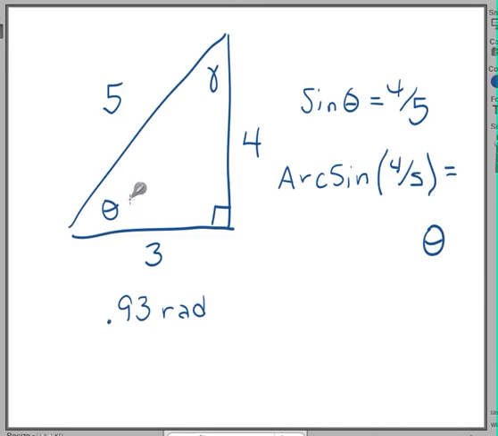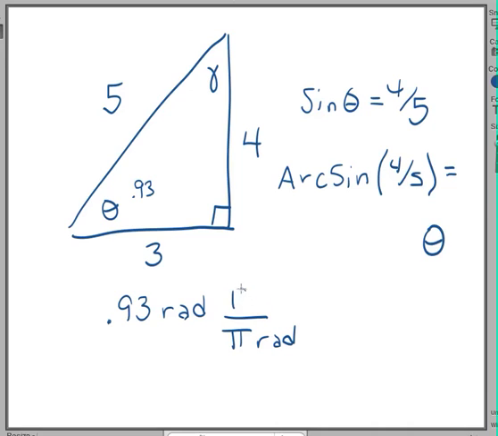Well, this angle here is 0.93 radians, which is a perfectly good answer if your question is to be answered in radian form, which most scientific applications, especially physics, are going to expect. But we want to see if the theta actually makes sense, and for most people, radians are hard to relate to. So let's see. We have pi radians,